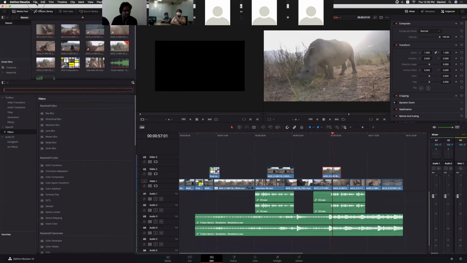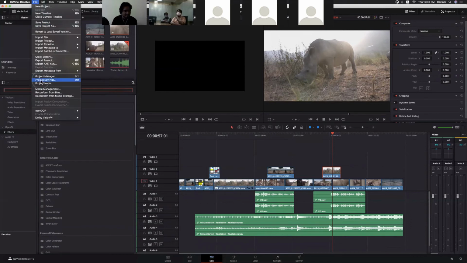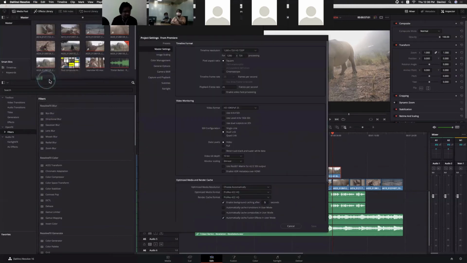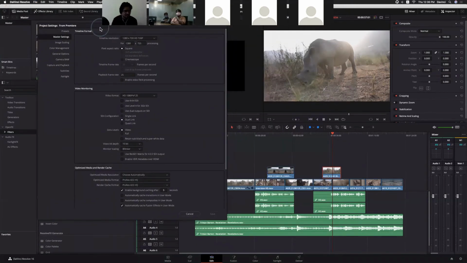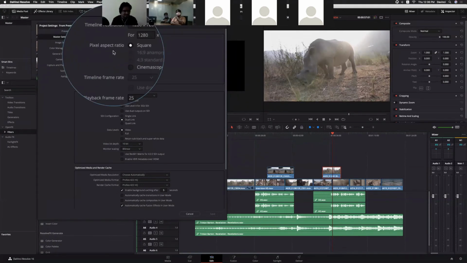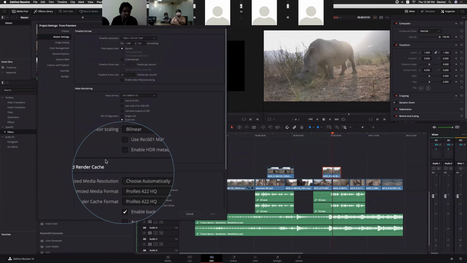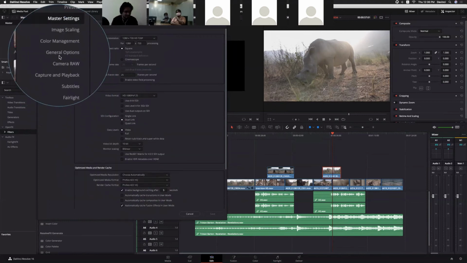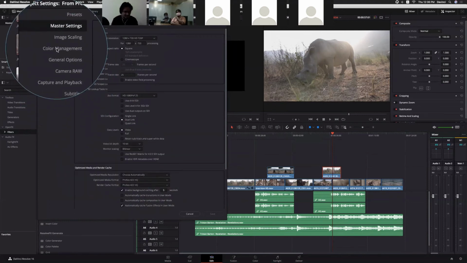For that, go to File, select Project Settings. Now, within the project settings, we do have lots of options for the timeline, video and audio. And here, go to Color Management.